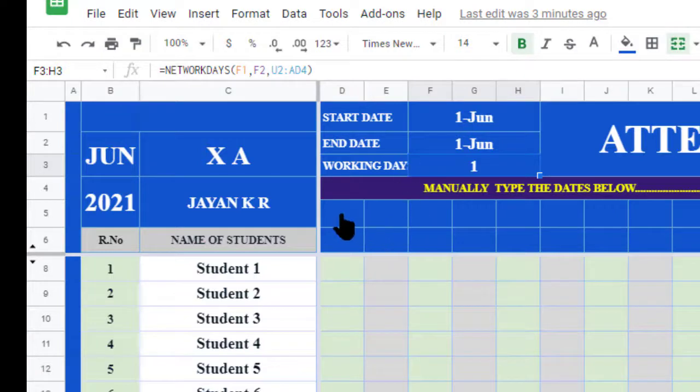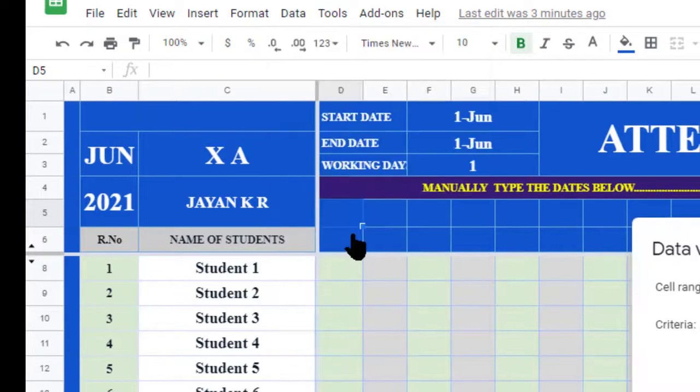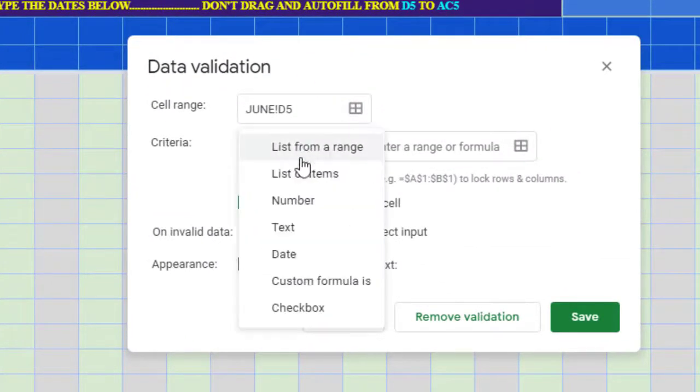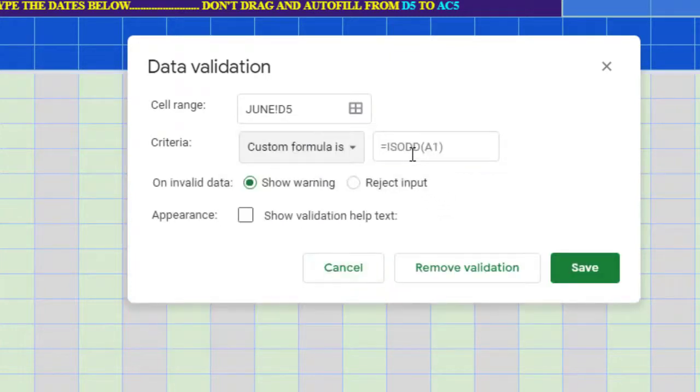Now select the date column. Now select the date cell. Then select Data, then Data validation. Here select the custom formula. Here you type is equal to, so this is F3. You type F3 is equal to, not F3. After that we have to type, very carefully, greater than 0. You remember that, greater than 0 for the first column.